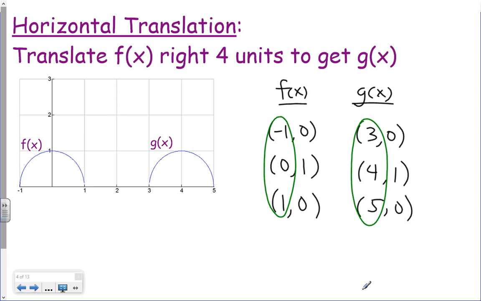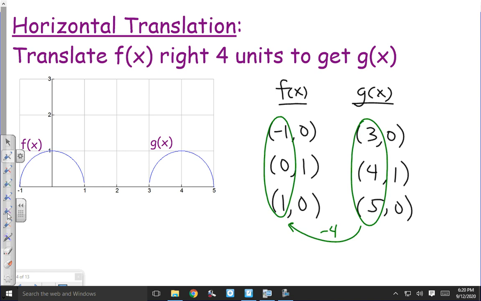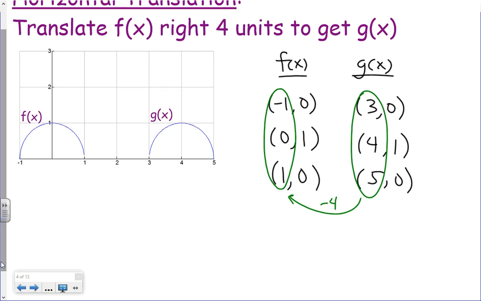And so if I look at g of x, if I take those numbers 3, 4, 5, and subtract 4 from each of those, I would end up with the negative 1, 0, and 1 that I have under function f of x. So if I wanted to write down then